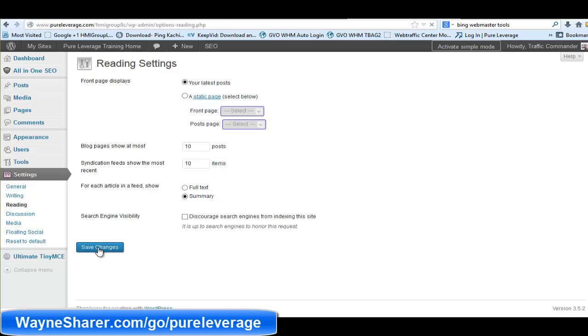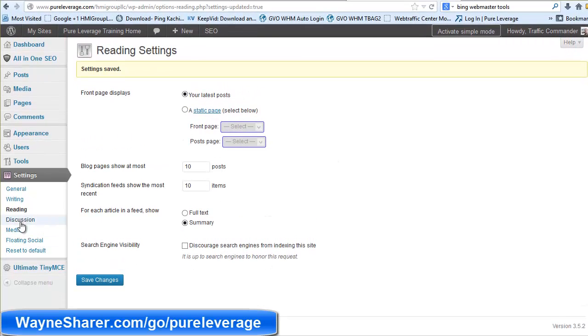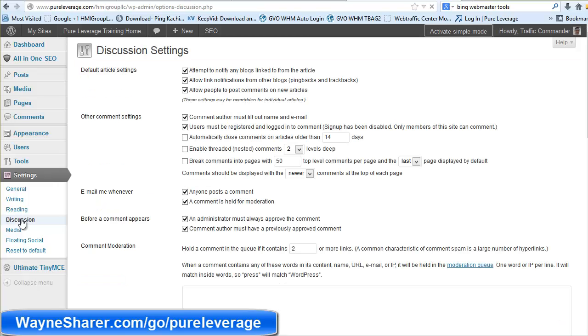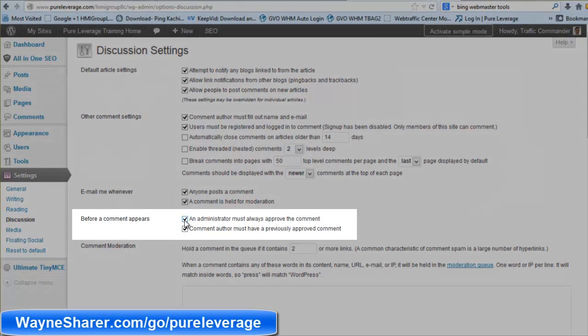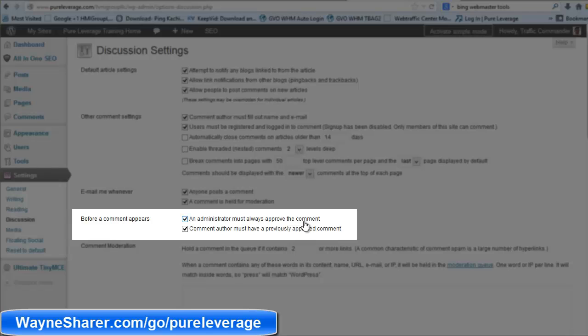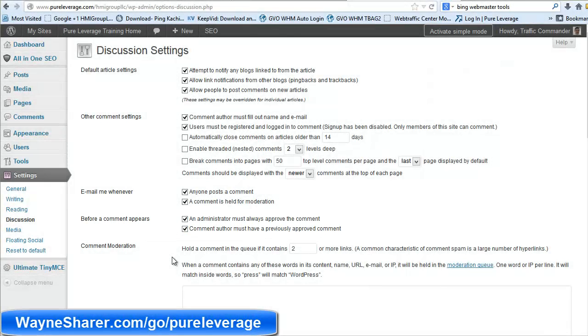If you change anything, select save changes, discussion. One important thing you want to do here to keep from getting spam showing up automatically is check an administrator must always approve the comment. Okay, if you don't do that, you're going to get stuff automatically posted. Or yeah, well, these two together, comment author must have a previously approved comment. All right, so this will keep any of the bogus comments from showing up automatically. You don't want that to happen. All right,